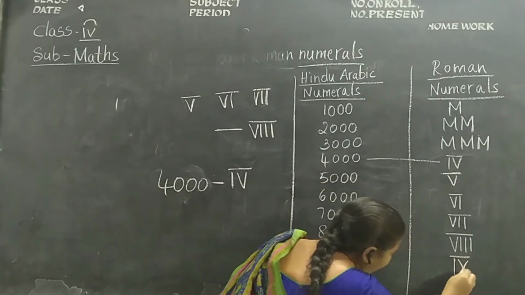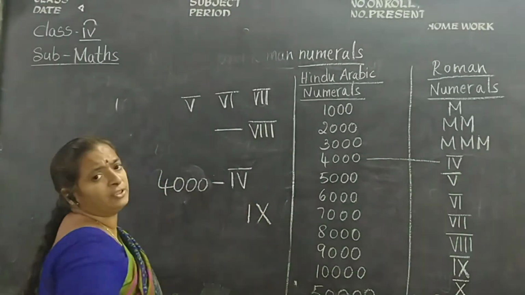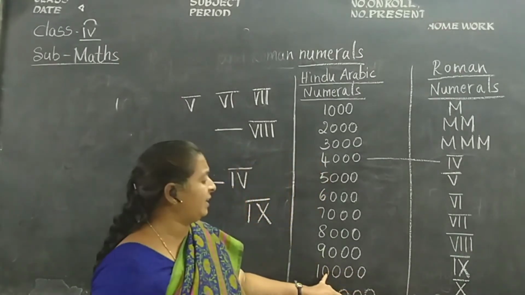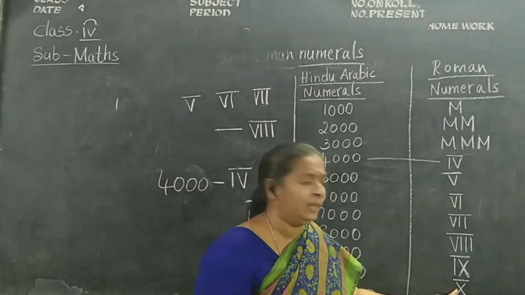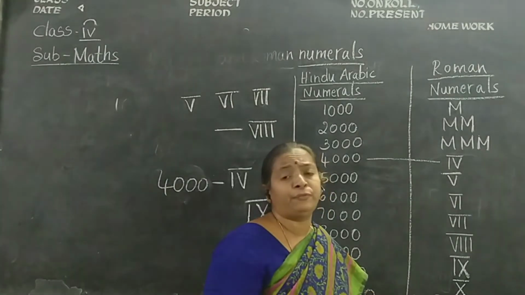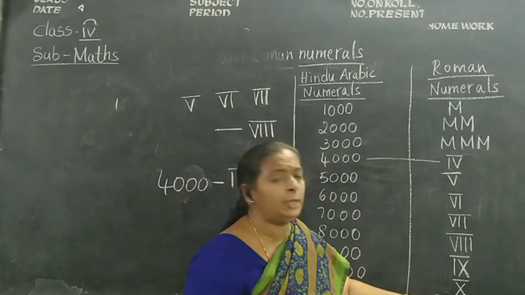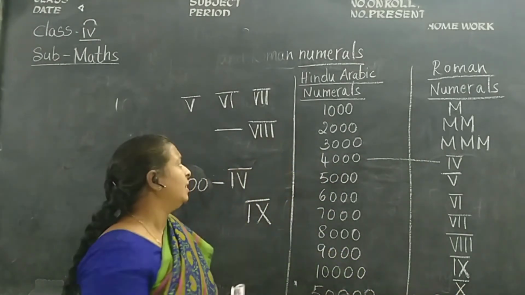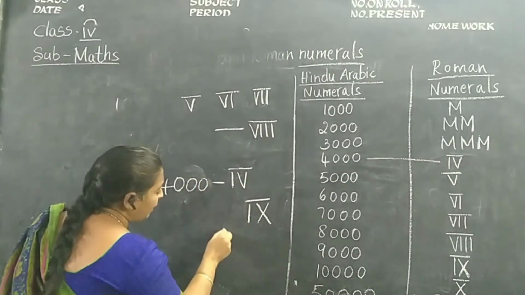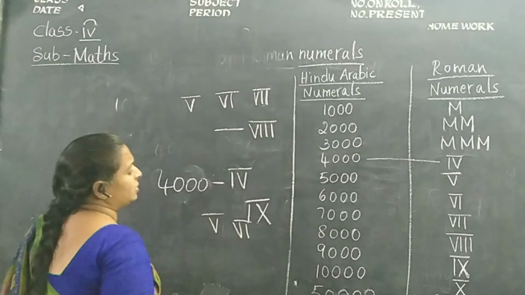You can understand, children, Roman numeral 10 and 1 we placed on the left side, so it is called 9. Like this, this one Roman numeral 10 and this one I placed on the left side, so again one sleeping line, so it is 9,000, and this one 10,000. This one X is Roman numeral 10 and one sleeping line, 10,000. This one, children, L means 50. Then Roman numeral 50 with a sleeping line is 50,000. To understand, children, this sleeping line is 1,000, wherever we write it.